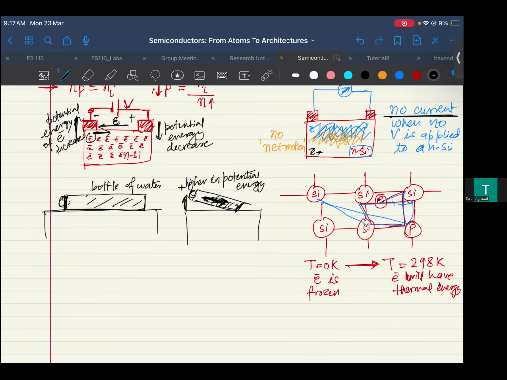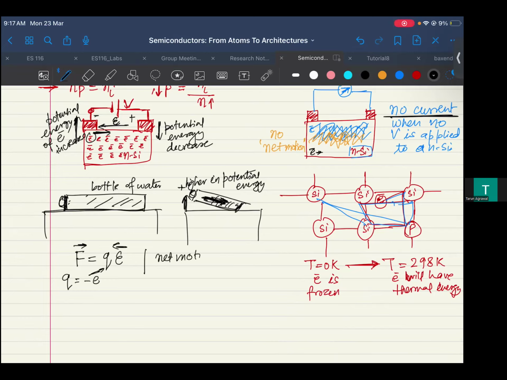This can also be seen with a simple formula. The electrostatic force is qE. E is from left to right. And q is minus e, because the charge on the electron is negative, so the force will go to the right side. That is what is happening to your electrons: they feel a pull from left to right. And now you see that there is a net motion